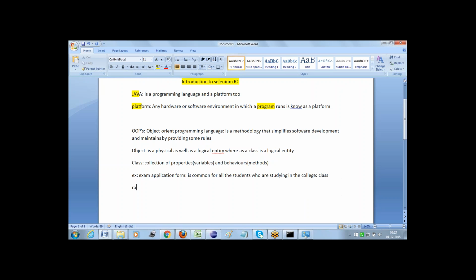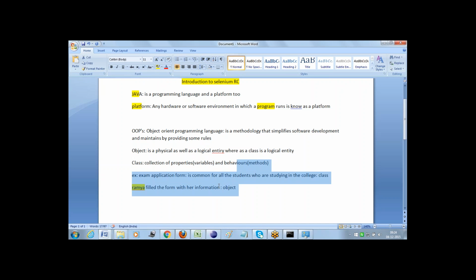Whereas if Ramya fills in the form with her information, then we can call it an object, as that form contains only her information. Hence we can call it an object of that particular class. Class is a logical entity, whereas object is a physical or real entity.